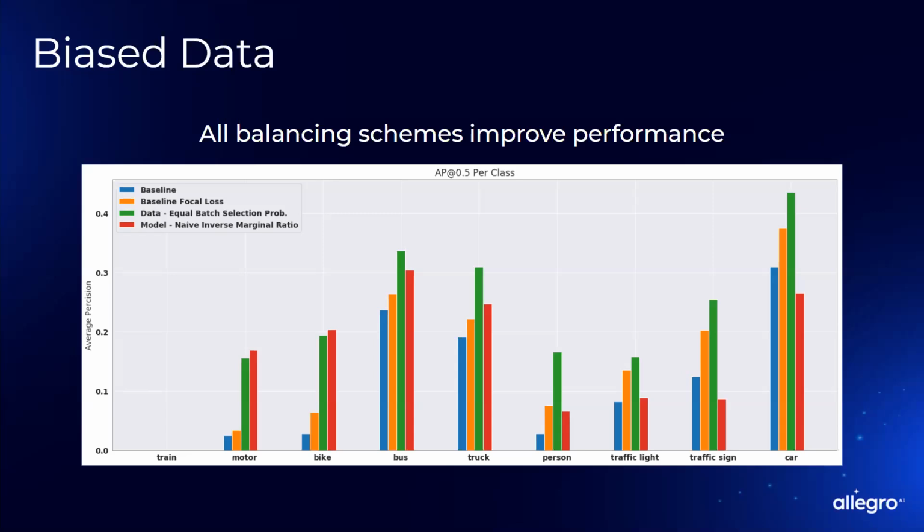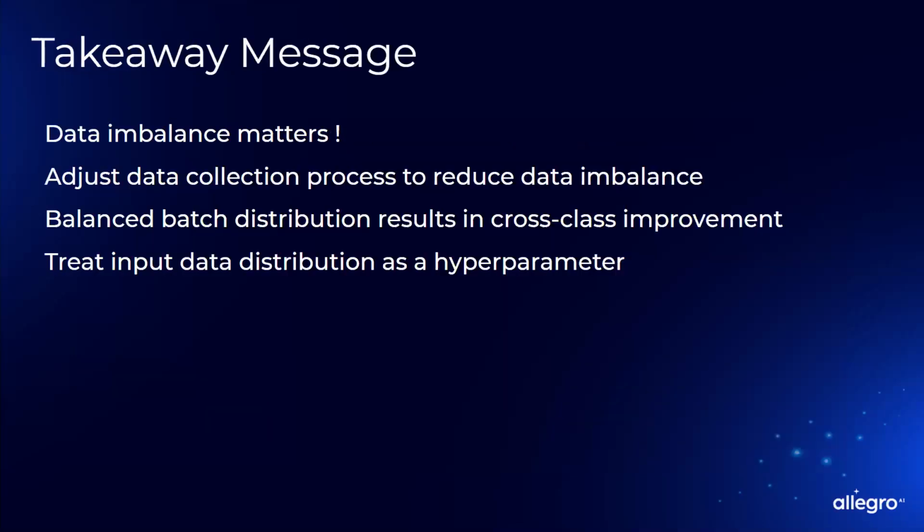But that's not for today, okay? Time for the real big takeaway messages that I think you should all pay attention to, okay? As we said in the beginning, data is very important for the convergence of the model, okay? And the imbalance of the data is key to the problems that you're going to encounter in the development process. You're going to spend 75% of your time doing this.